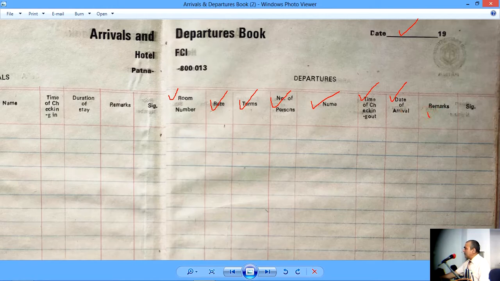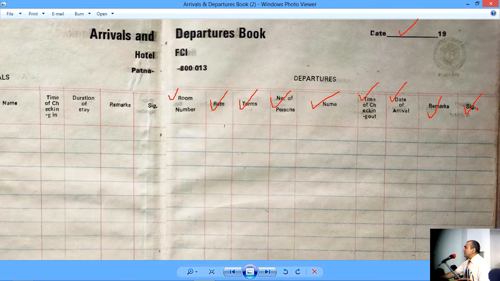Remarks, I believe, would be things like whether the guest has paid completely or the guest has partially settled, or is the bill going to be forwarded to the company, or is the bill going to be settled by a travel agent or a tour operator. So these remarks should be entered here. And finally, the signature. Once again, the confusion whether this signature is of the employee or the guest.